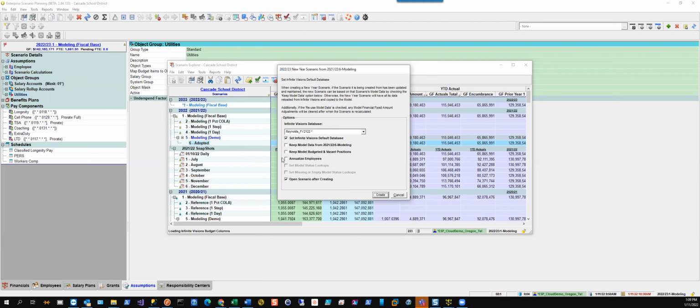The annualized employees, this will move all of your mid-year hires. This will move their work days. Well, actually, it moves their start and end dates to whatever the start and end dates is of the position that they're assigned to, basically annualizing them for a full year. Because if a person was hired today, you want to make sure that for the 22-23 year, you budget them for a full year. So you want their work days to be 180 or however many days you expect them to work